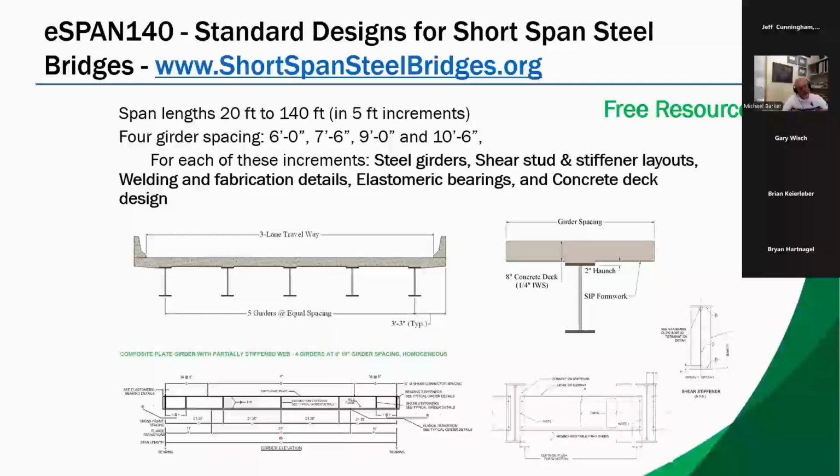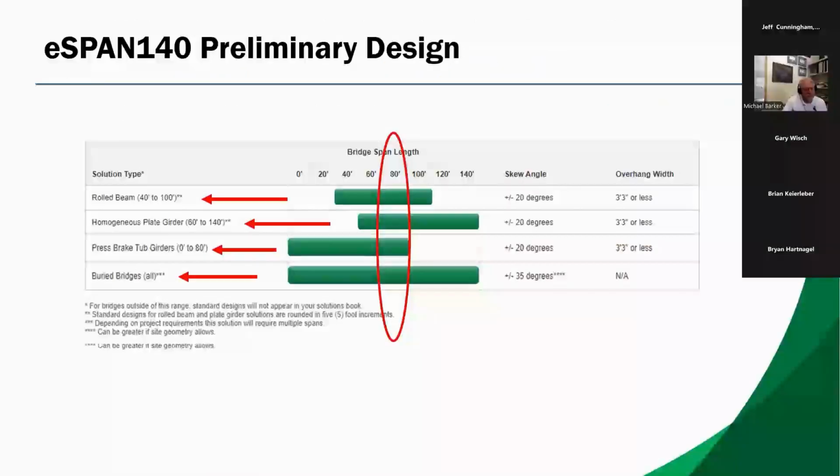So that an engineer or an owner can put that next to that concrete design, and now let's let the market decide which one should be built. And this is a free resource on shortspansteelbridges.org. So I've got this circle here at 80 foot, and it tells us that the C-span is going to